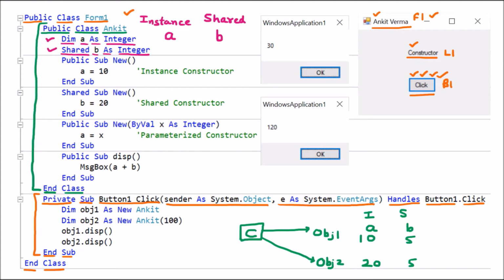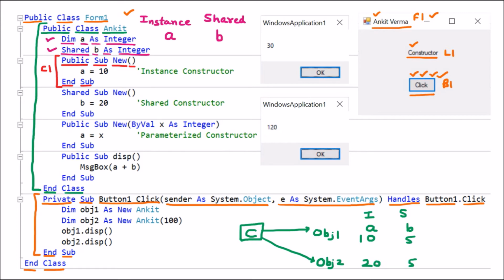And a constructor starts with the new keyword. You can see that here we have New. Now this New with the brackets means this is the constructor. Before that we are applying Sub, that means it has no return type, so it ends with End Sub, and it is Public because it can be accessed outside. So this is our constructor 1 which is created.